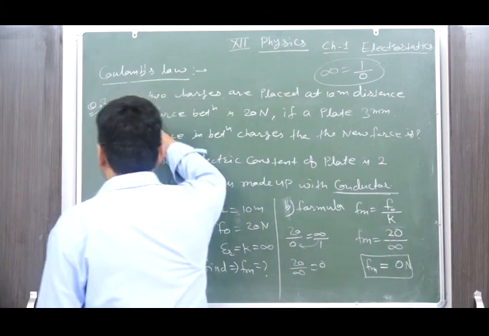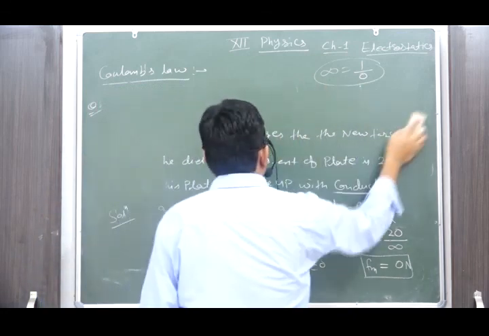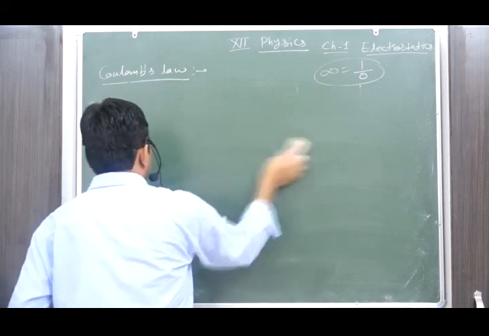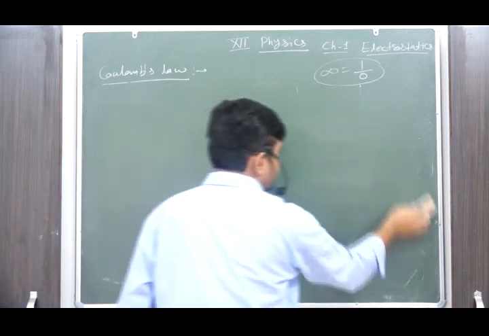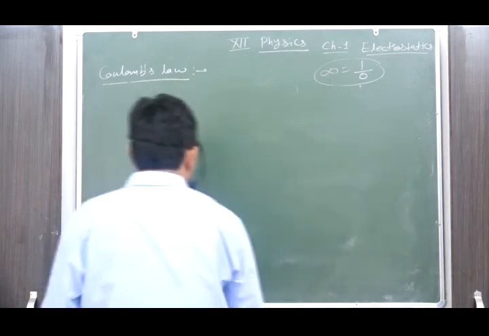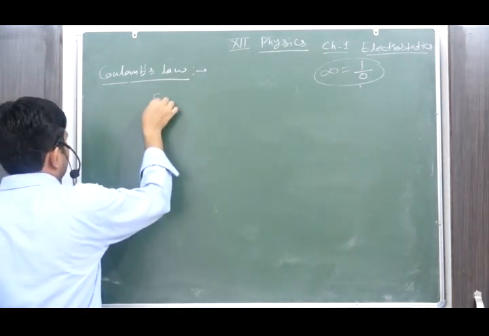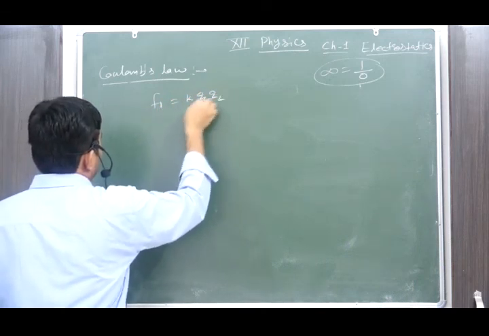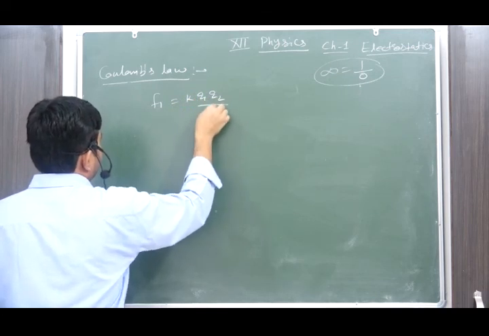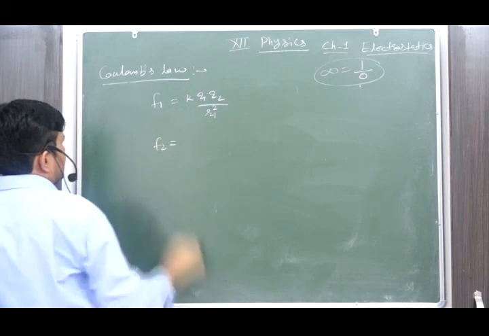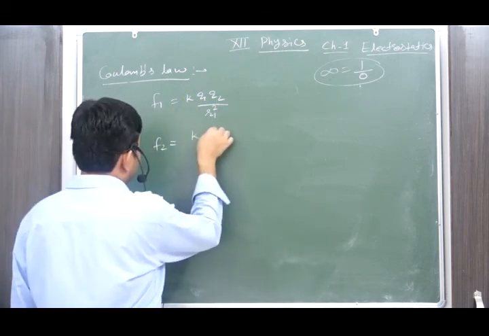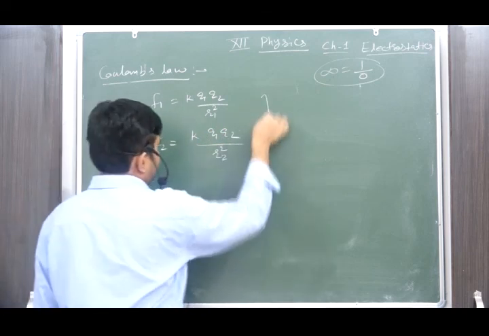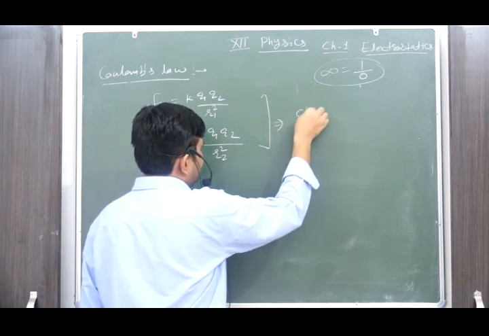Okay, next we are moving to another type of question. First we will discuss the basic formulations. Here I am considering the formulation F1 equal to K Q1 Q2 upon R1 square, and F2 is also considered as K Q1 Q2 upon R2 square. It means here the charges are the same,